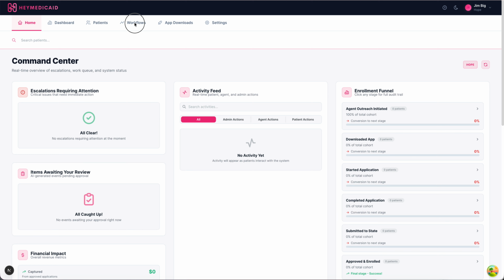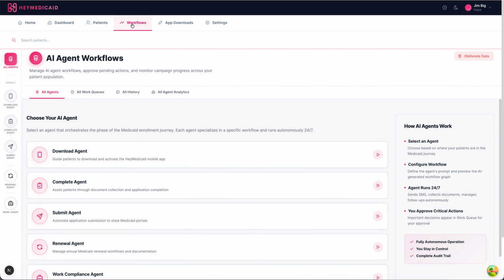And so in the workflows area of the system, we've designed a system that consists of 5 different artificially intelligent agents that manage different parts of an overall workflow that is designed to get people through the Medicaid enrollment process successfully. So what you'll see here is that there are 5 agents, and you'll see them here as well as